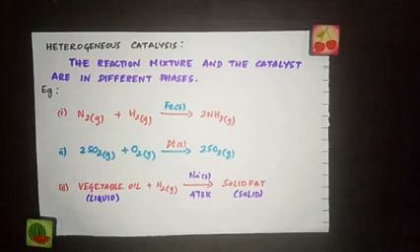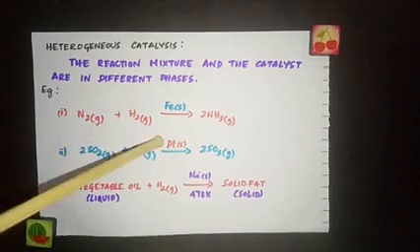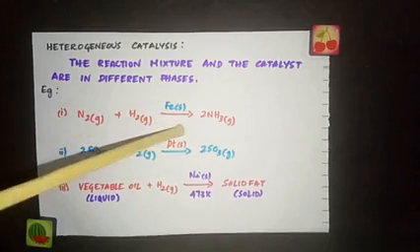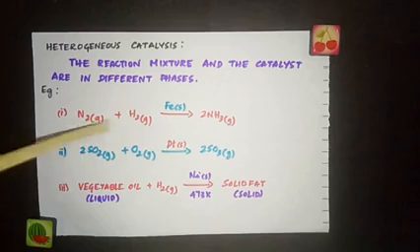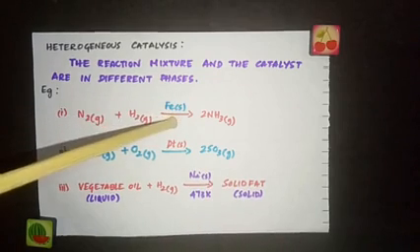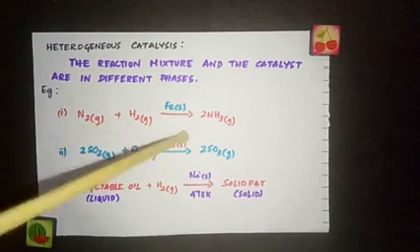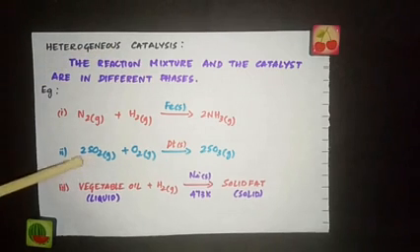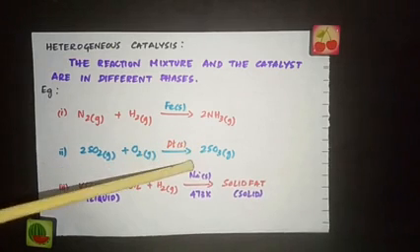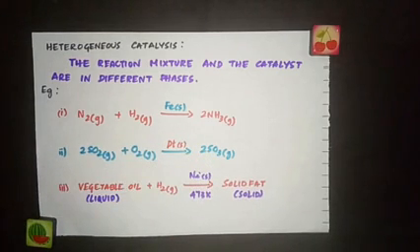And the second type of catalysis is heterogeneous catalysis. Here, the reaction mixture and the catalyst are in different phases. Look at this example. Nitrogen gas reacts with hydrogen gas in the presence of iron solid. So here, in the reaction mixture, the reactants and the products are in gaseous state, but the catalyst is in the solid state. So they are in different phases. So we call this catalysis heterogeneous catalysis. Hetero means different, homo means same. Look at this example. 2SO2 plus O2 gas in the presence of platinum gives you 2SO3 gas.